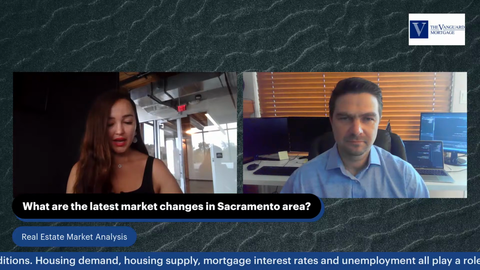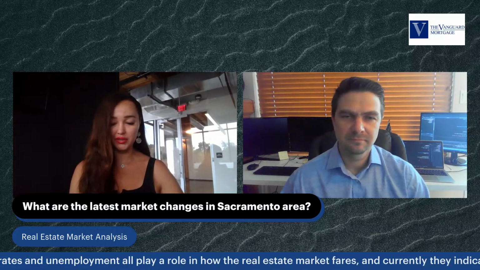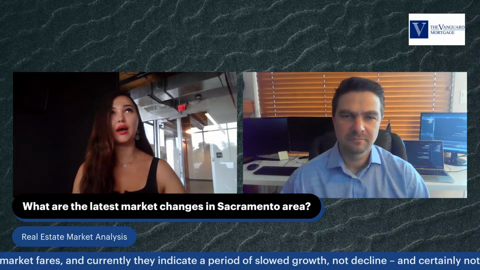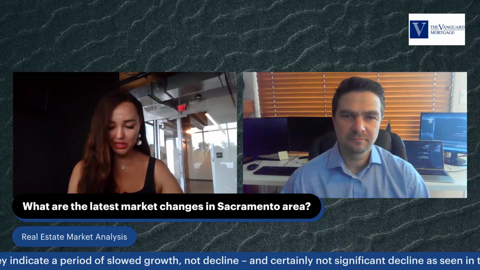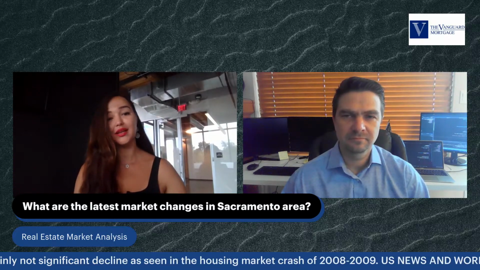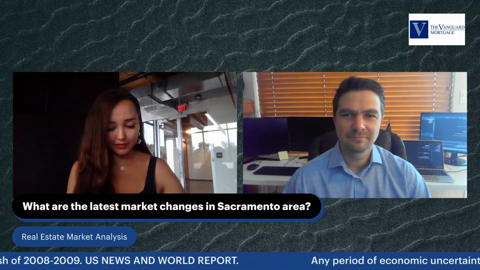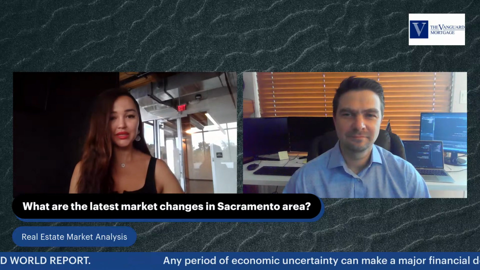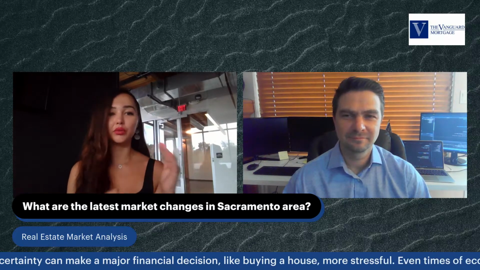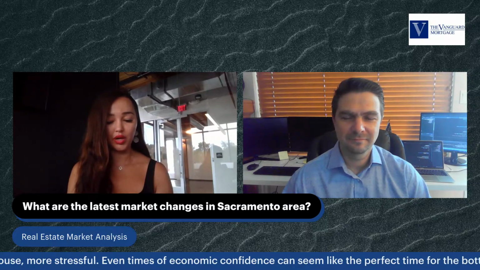On average, properties sold last month 2% below the original list price in the region, which means, thankfully, properties are not getting bid up as much. Last year at this time, it was about 3% over list price on average. So that's a huge difference. But it's not really to say that you can come in with a really aggressive offer. There's still about 47% of sales last month that had more than one offer.